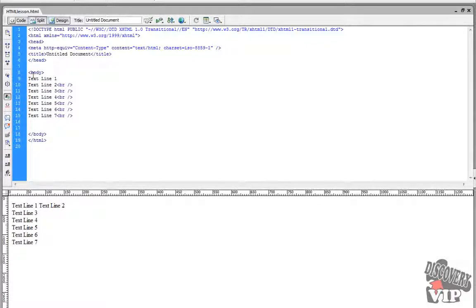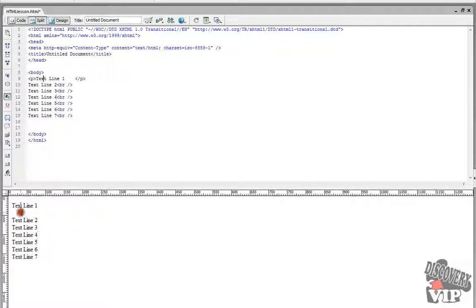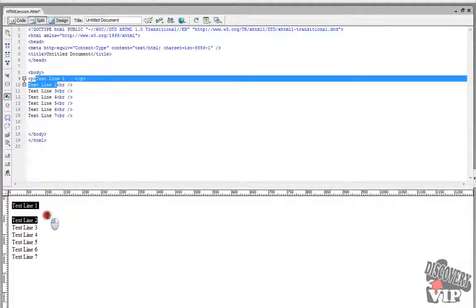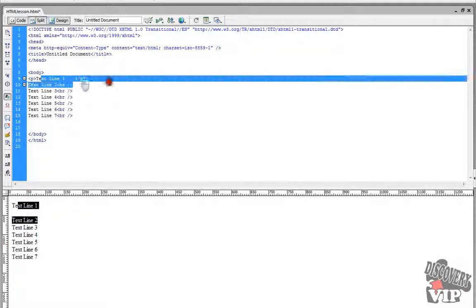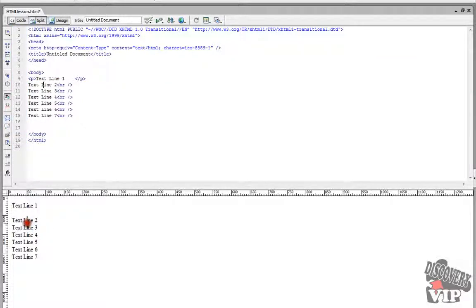With paragraphs, they work slightly differently than line breaks. I'm just going to show you how the paragraph tag works. The paragraph tag is just a P and a closing P, so it's a little bit different than the line break. And as we can see here, it creates more of a paragraph type where you've got an actual space between the next content. So here we've got the paragraph, and then we've got space, and then we've got the content that continues through.